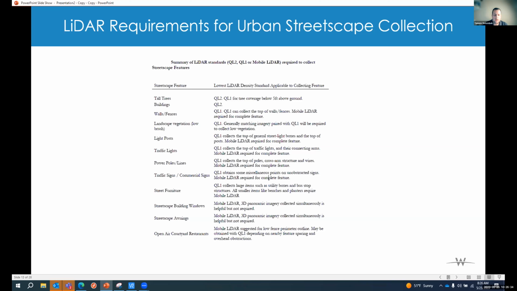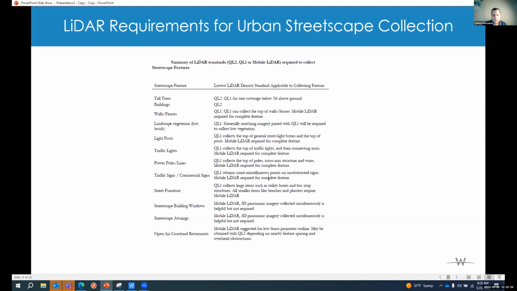Really, the mobile LiDAR was about filling a lot of those gaps and really enhancing the concept of utilizing the technology for quantitatively mapping out features that pertain to the perceptual qualities of urban